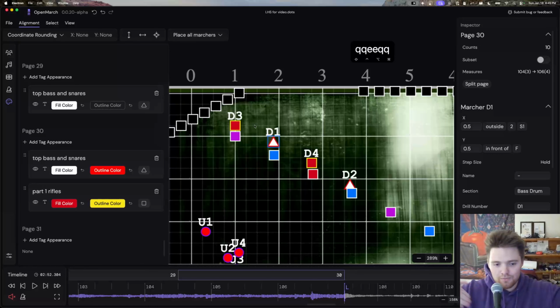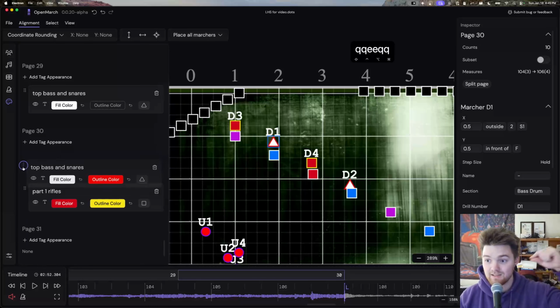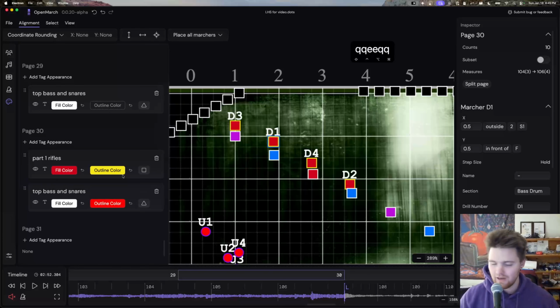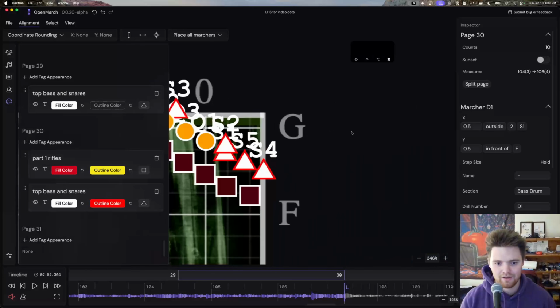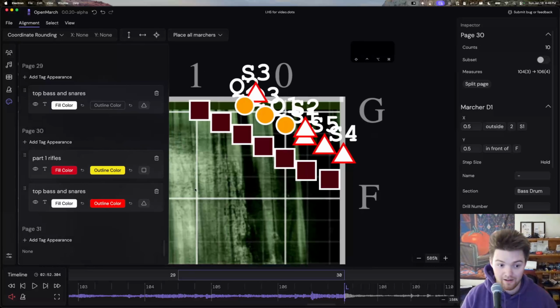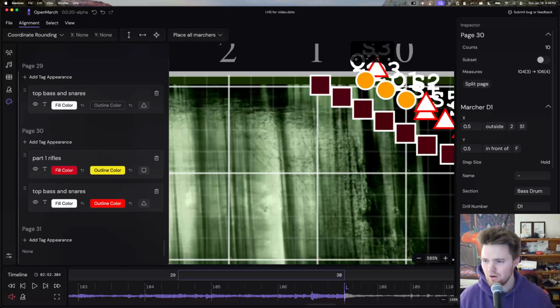When there are 2 performers or marchers that have the same tag, they are going to go in whatever order you just set. But if you put top basses and snares at the bottom, then it's going to ignore those. But you'll notice if we go to our snares over here, these snares do have this color because they don't have the part 1 rifles tag. So it may take a little bit of experimenting and getting used to,